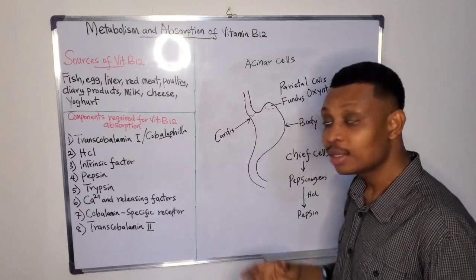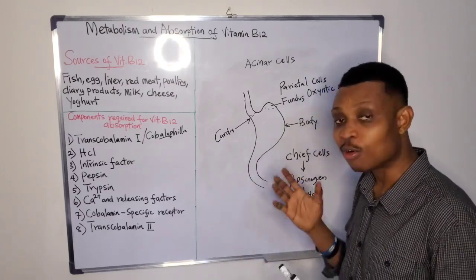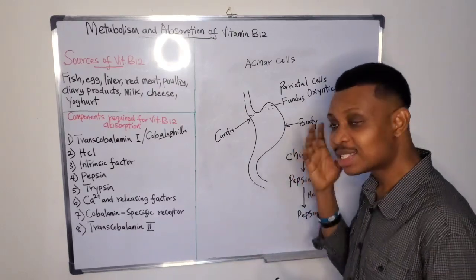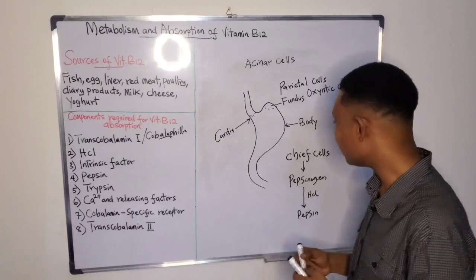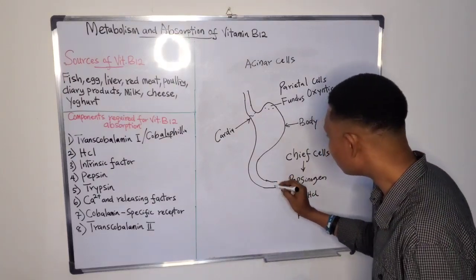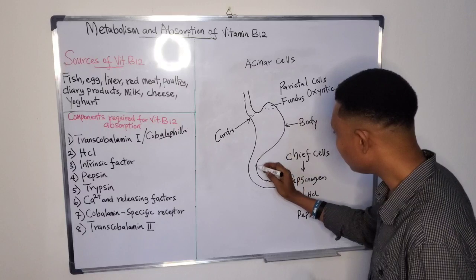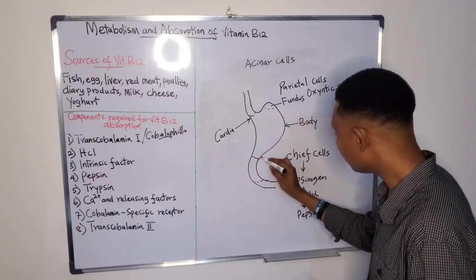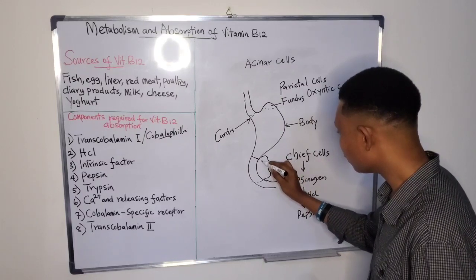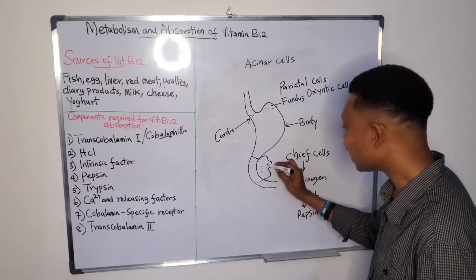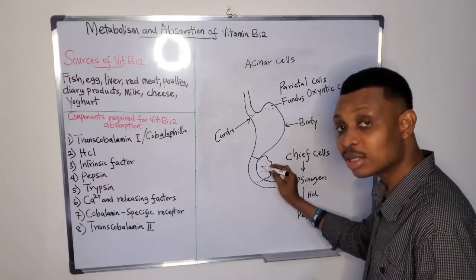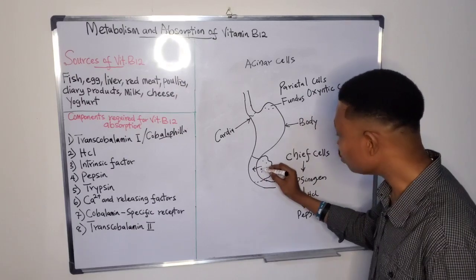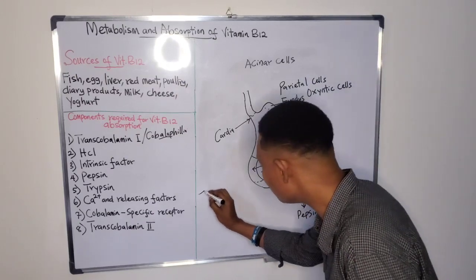Another one is trypsin. Now, trypsin is obtained from the conversion of trypsinogen, and trypsinogen is secreted by the acinar cells of the pancreas. So this is a diagram of the stomach and then the duodenum. This is the duodenum. Somewhere around there is the pancreas, and then there are what we call acinar cells. These acinar cells secrete trypsinogen